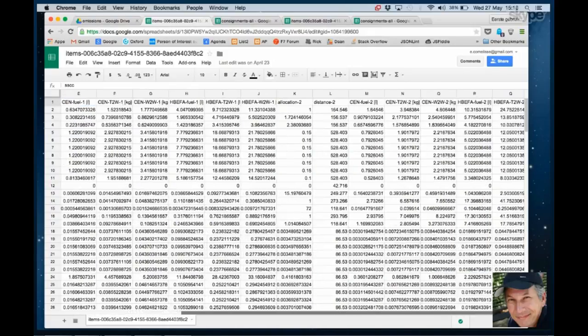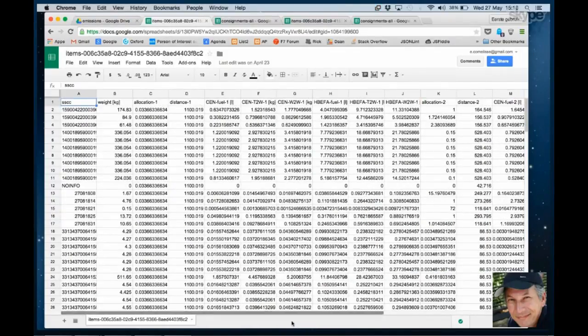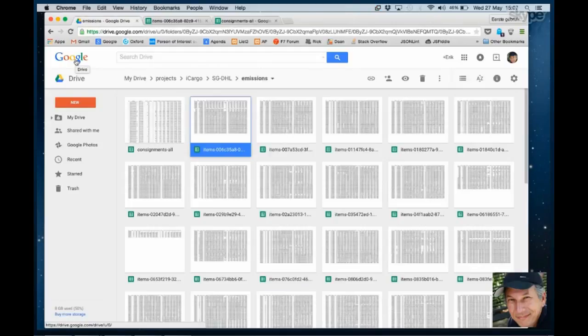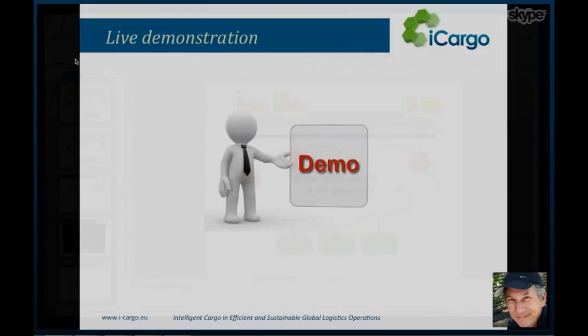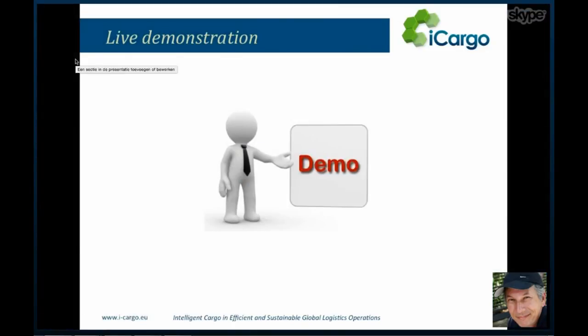And as you can see, we have this information, these emission values per logistic unit. And this in contrast to what's currently possible, where we share information, emission values per year at organizational level. And here we are able to do that at item level. So if we go back to the presentation,